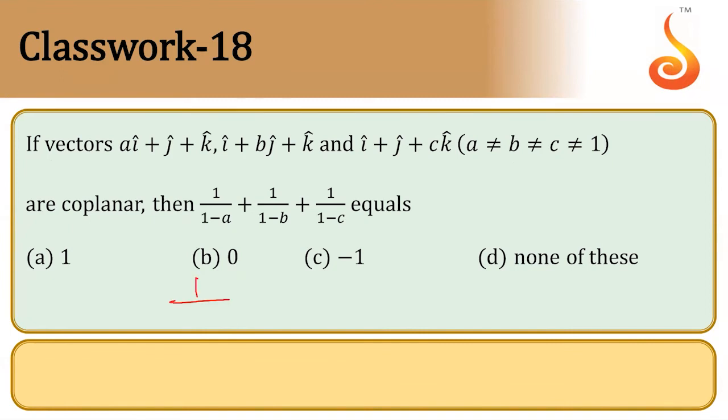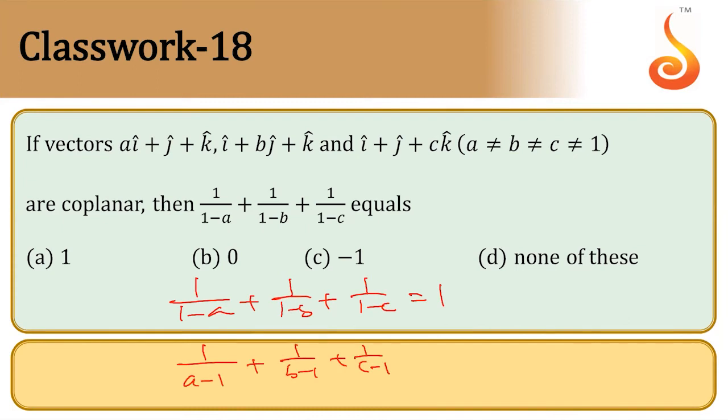1 by 1 minus a plus 1 by 1 minus b plus 1 by 1 minus c equal to 1. Just note down, this is a standard thing. They will ask 1 by a minus 1, 1 by b minus 1, 1 by c minus 1, that is minus 1. There are three problems. A by a minus 1, b by b minus 1, c by c minus 1. They'll ask questions like this, because plus 1 means plus 1 answer, minus 1 means minus 1 answer. That is to remember here. So they'll ask this question also: a by a minus 1, b by b minus 1, c by c minus 1. What is the answer? Tell me. Sometimes they'll ask a question like this also.